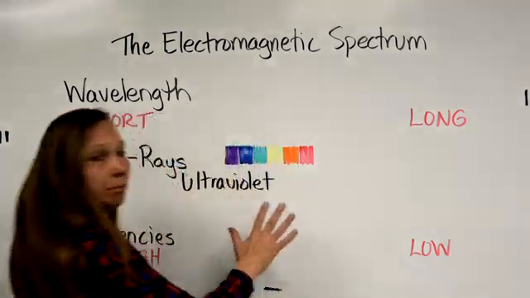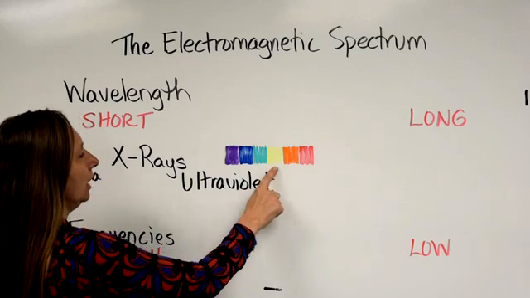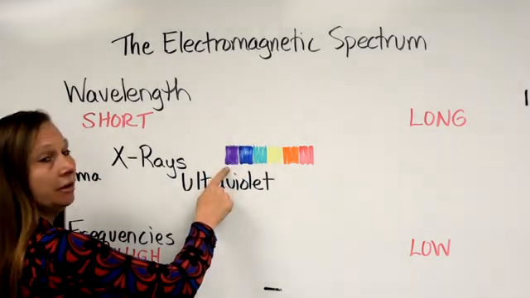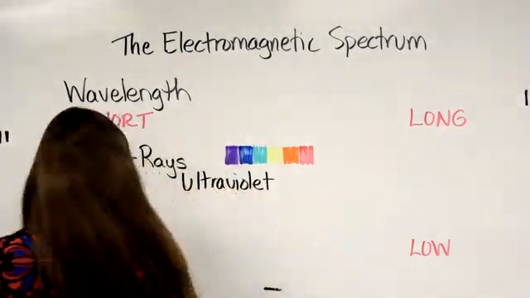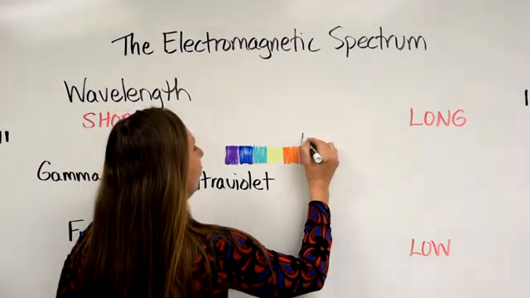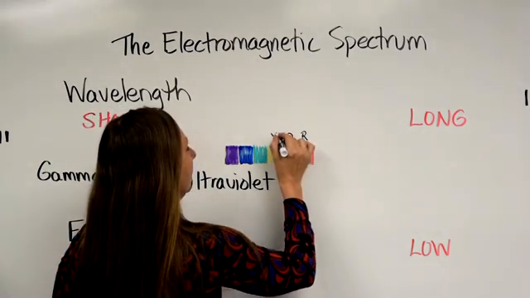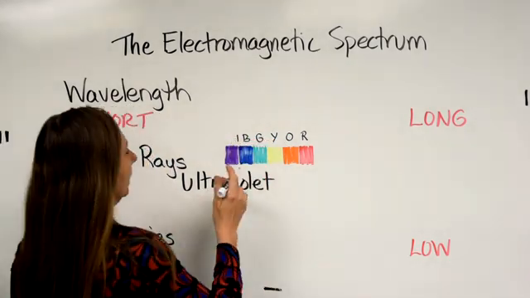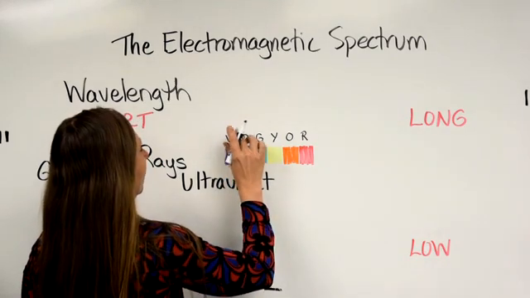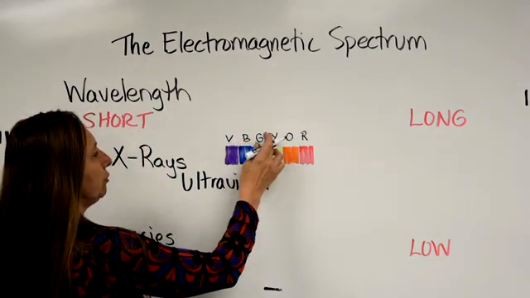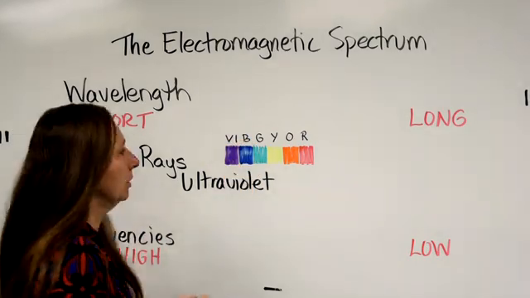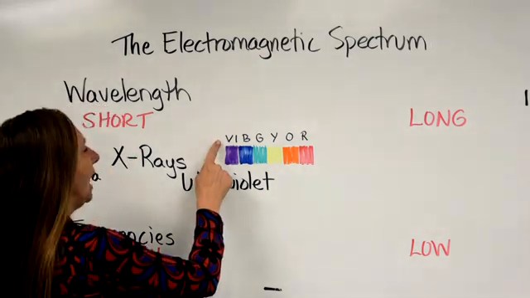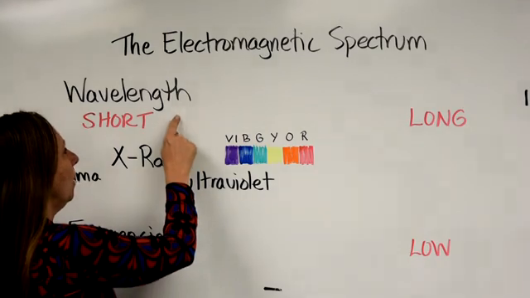All right, so here's your visible light. Red, orange, yellow, green, blue, indigo. We skipped violet. Let me just put red, orange, yellow, green, blue. Indigo would be between violet and blue, and there's violet. I'm just going to erase. You know that that's Roy G. Biv, and normally you would write it in the other direction, but violet has the shorter wavelength,